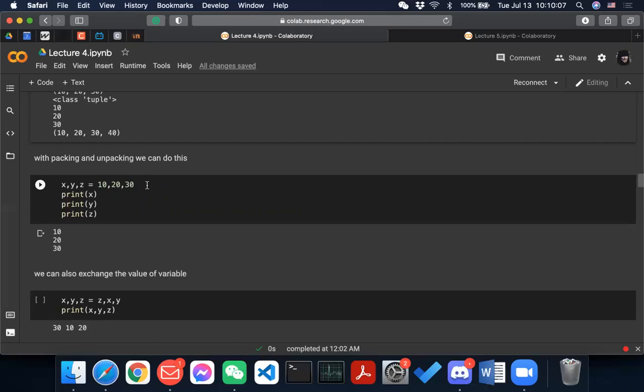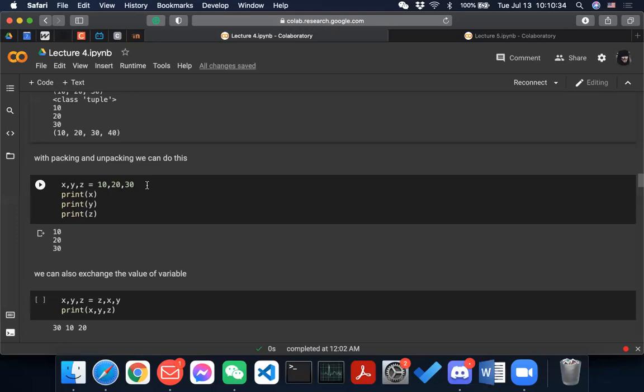So 10, 20, 30 just makes a tuple using the packing technique. And then that tuple is further assigned to three variables, right? So you unpack it. After you unpack it, x is equal to 10, y is equal to 20, z is equal to 30.